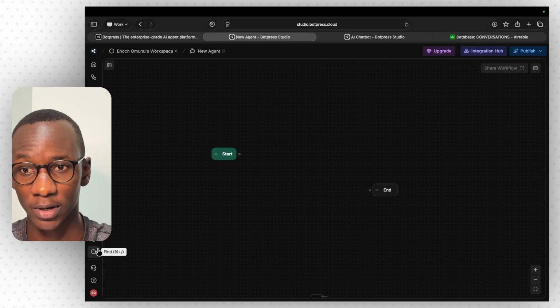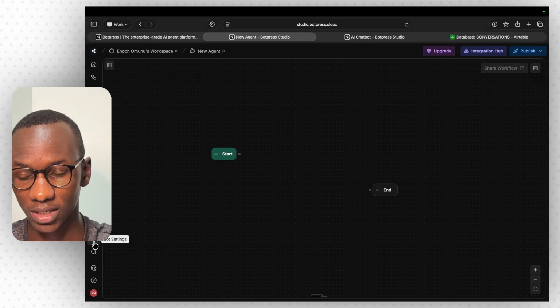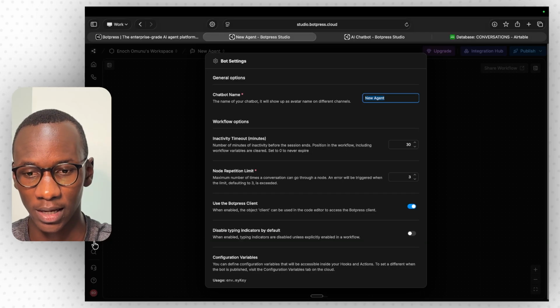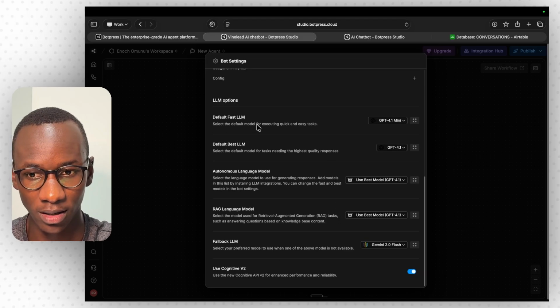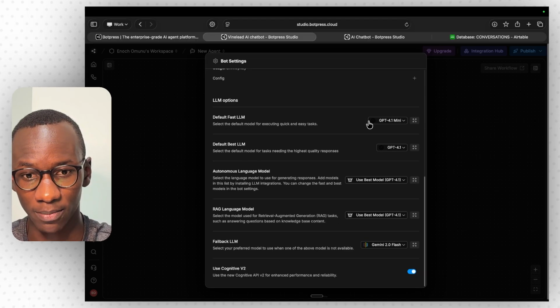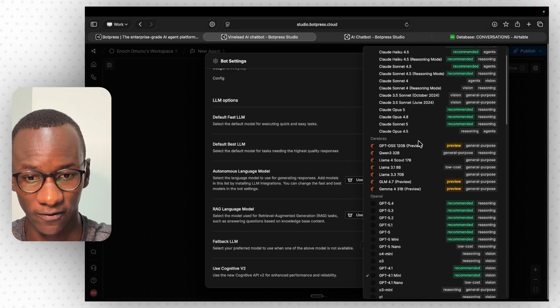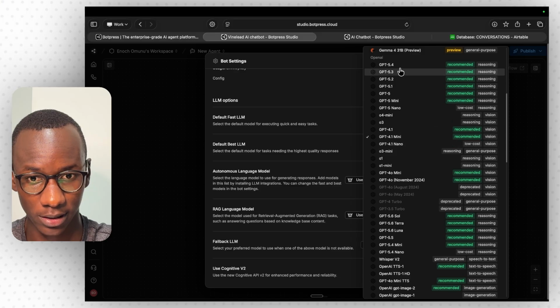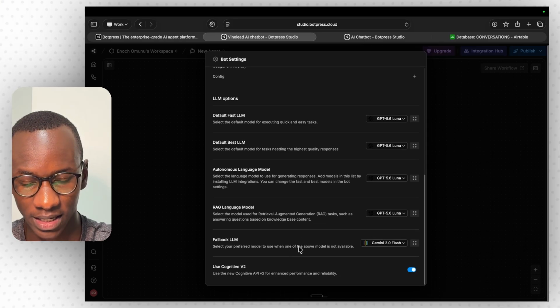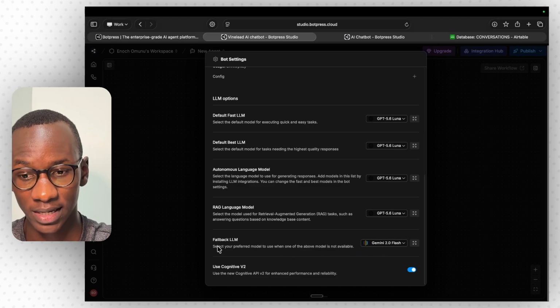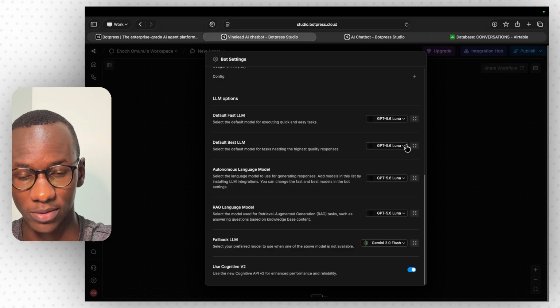To start off by setting up our AI chatbot settings, I want you to come into the settings icon over here, bot settings. And you want to first of all give your chatbot a name. I'll leave all these settings as they are, but I'll come down here to the LLM options. This is when you get to choose the models that power your AI chatbot, and I'll change all of these to GPT 5.6. Where is it? Yep, 5.6 Luna. There we go. And the fallback LLM is the only one that I'll leave different. This LLM is what your AI chatbot will fall back to in the case that it tries GPT 5.6